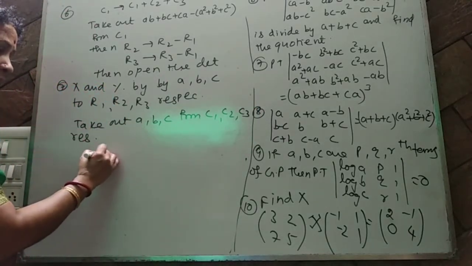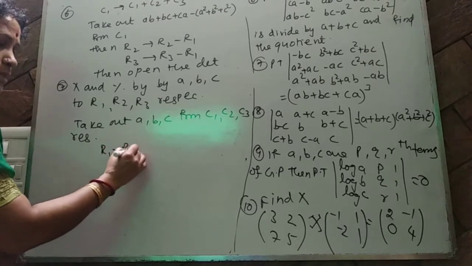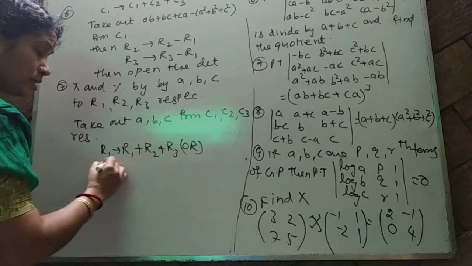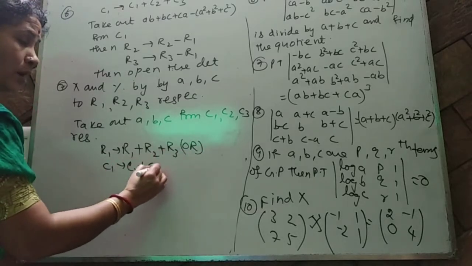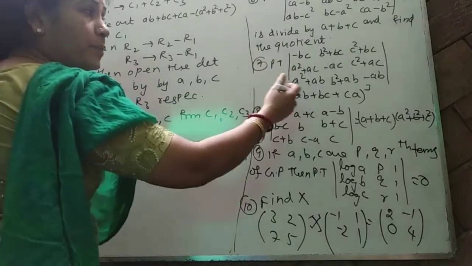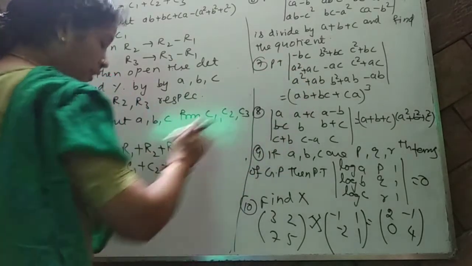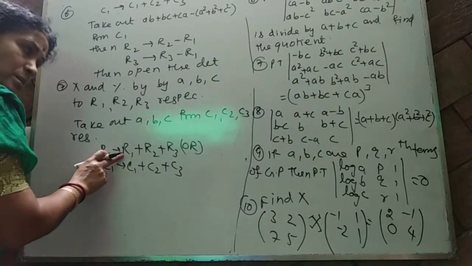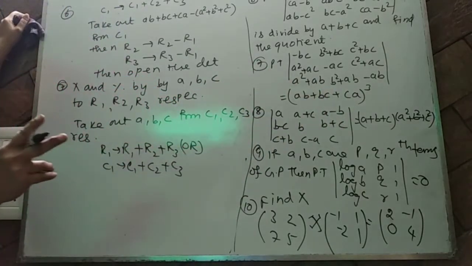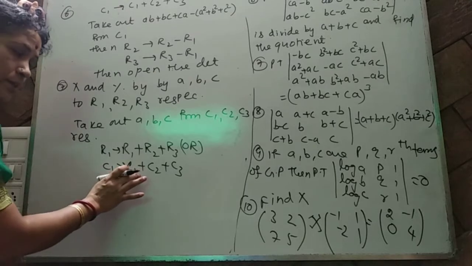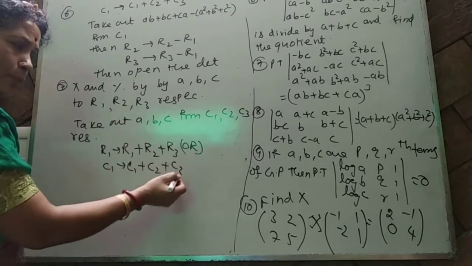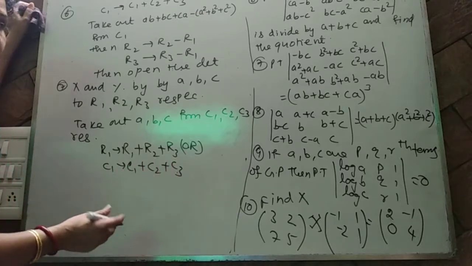Okay, respectively. Then after that you have to see better. I don't know, either R1 can be written as R1 plus R2 plus R3, I don't know what result you will get, or otherwise you will get C1 can be written as C1 plus C2. I don't know, you have to check it. For doing this operation, if you are getting AB plus BC plus CA, then you go for it. Then you have to bring two 0s. Suppose if you are doing this operation, then R2 minus R1, you know how to make 0. So either this operation, as per the question, you have to check it better.